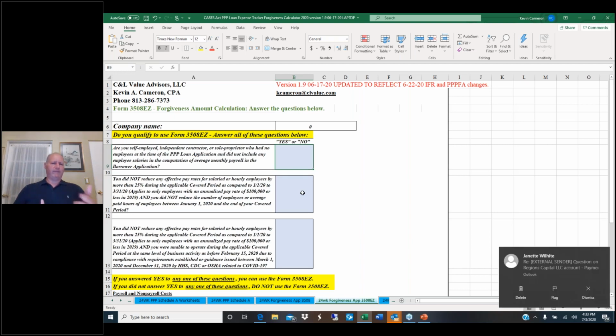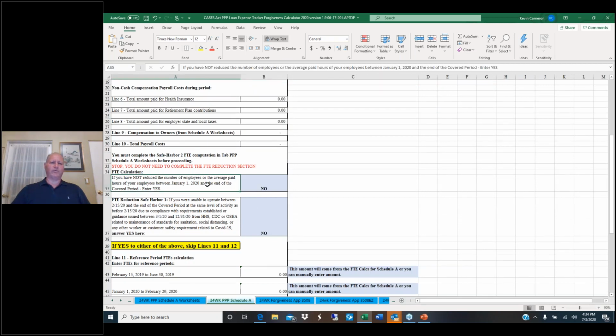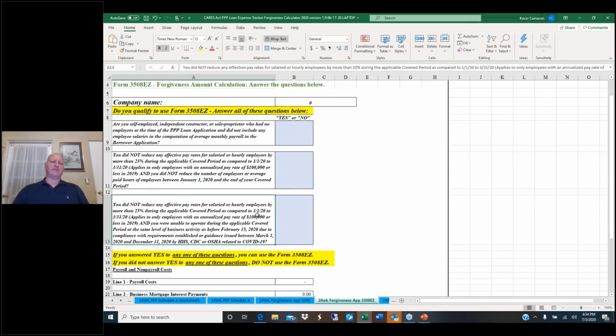So if you remember, that is just one of those safe harbors I mentioned before. It's not technically a safe harbor, but I keep calling it a safe harbor, and it's just this one right here. So what they're saying on the EZ form is, if you never reduced your employees' pay or average paid hours, and you didn't reduce anybody's pay rate by 25%, check this box and you can use the EZ form. And then the last one, it gets a little more complicated, but that's the one that says, I haven't reduced any of my employees' pay rate by more than 25%, and I have not,